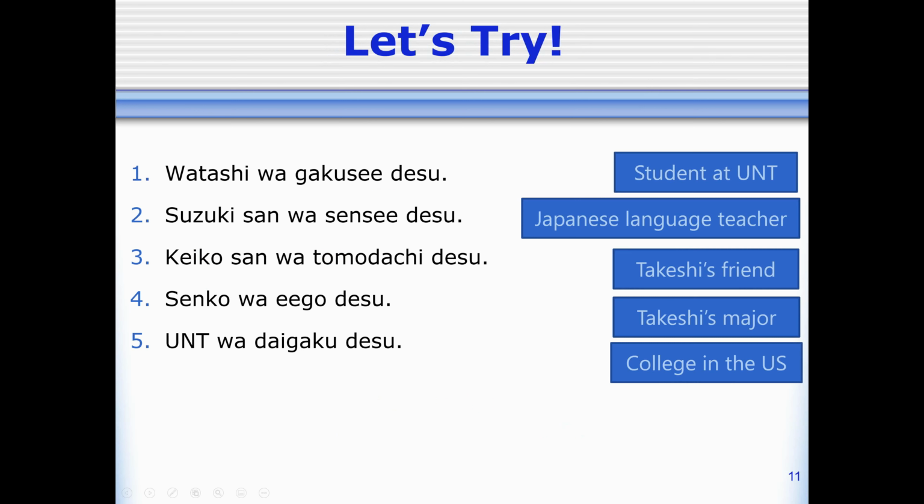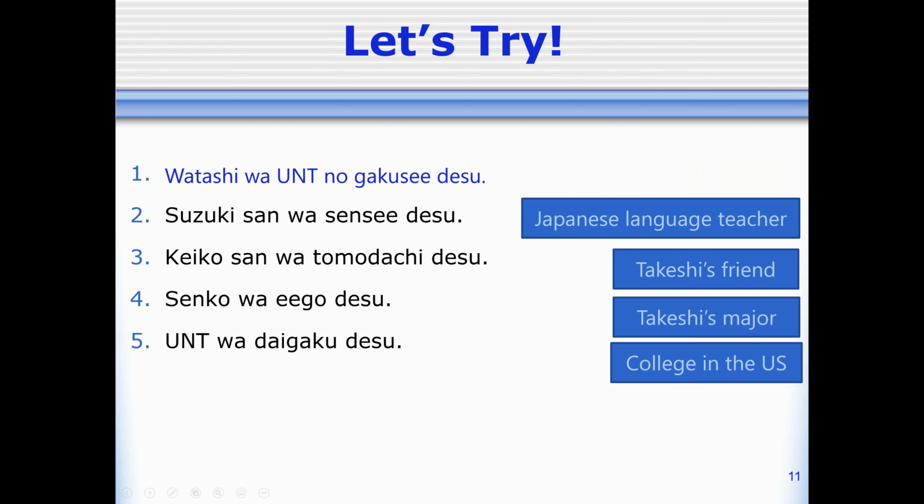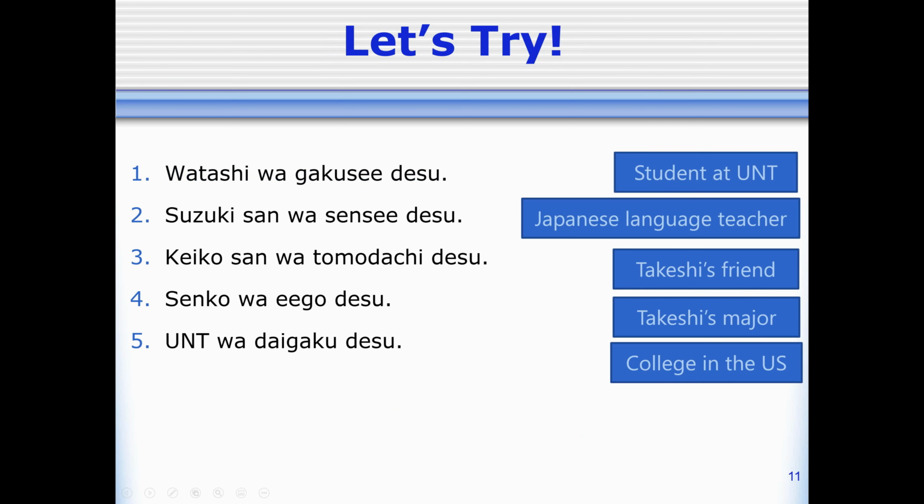I am a student. How could I say I am a student at UNT? So first we want to find student in here. That's our most important noun. Student is 学生. Now, before it, we want to add our extra information and no. 私は UNT の学生です。